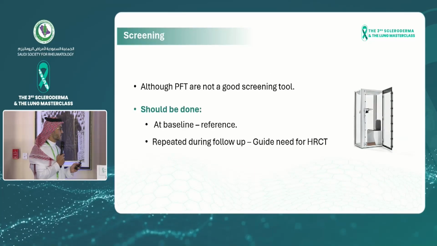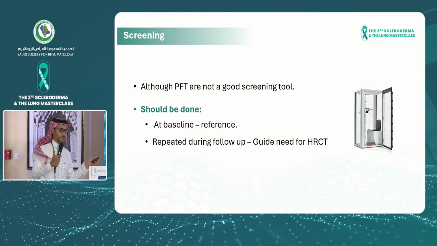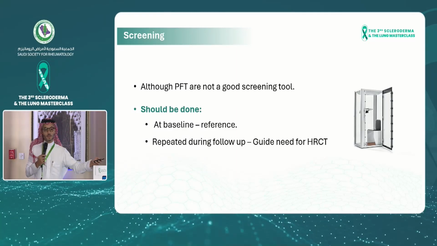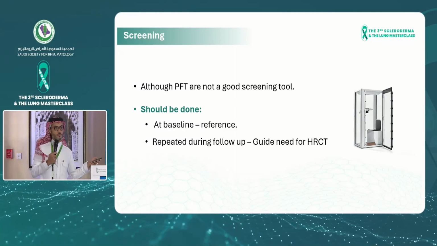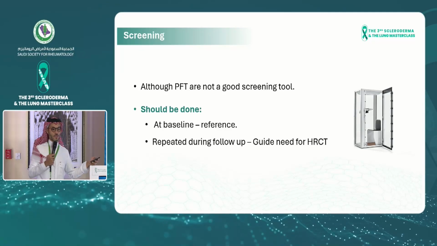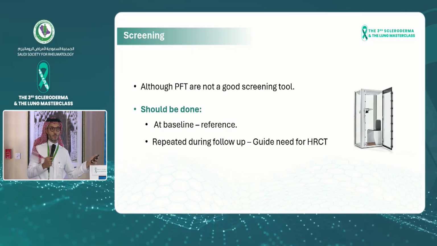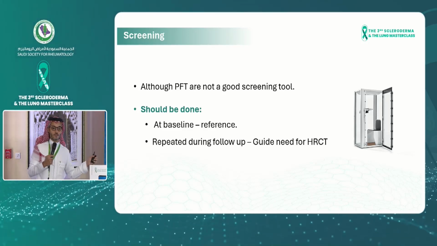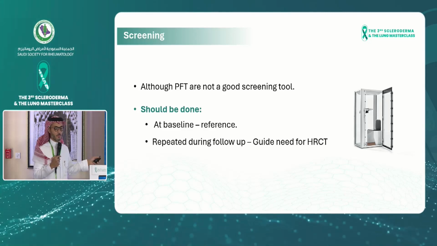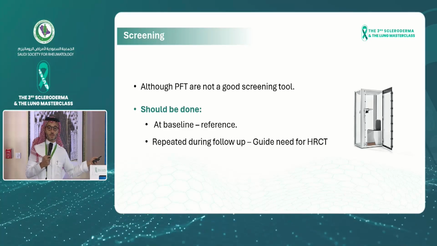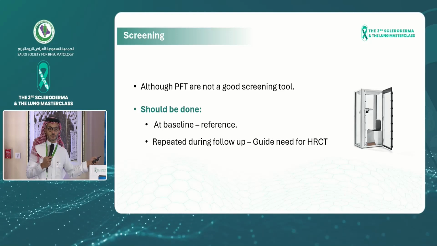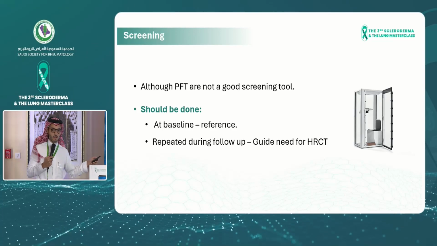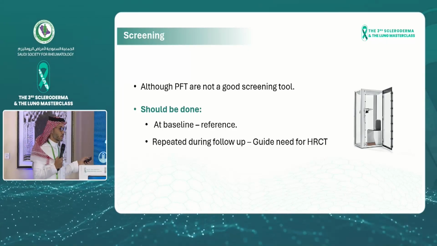That being said, we should do PFTs as a baseline, as a reference for your patients, and you should repeat them on the follow-up visits. The reason I'm saying that is it's good to have numbers as a baseline. For example, if I have an asymptomatic patient who presented with a forced vital capacity of 94% at baseline, and a year after I repeat the PFT and it's 85%, even if the patient is asymptomatic, I'm probably going to do an HRCT. The forced vital capacity is still normal, above 80, but because there is a trend toward decline, I'm definitely going to proceed with an HRCT.